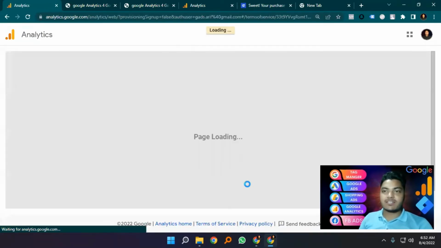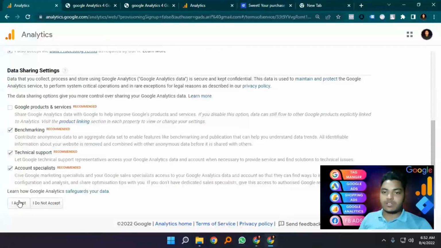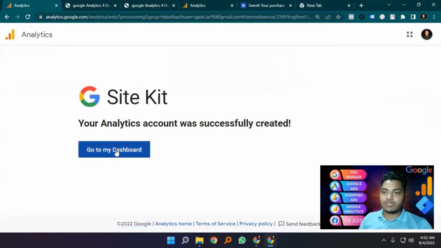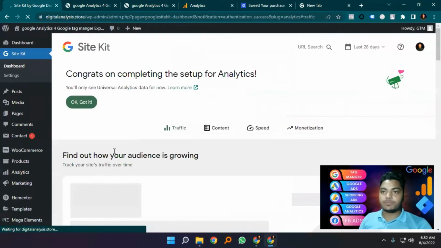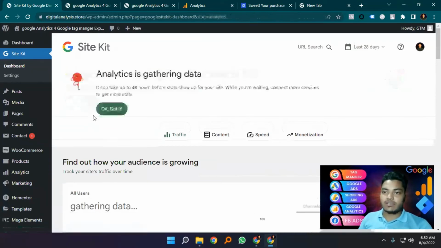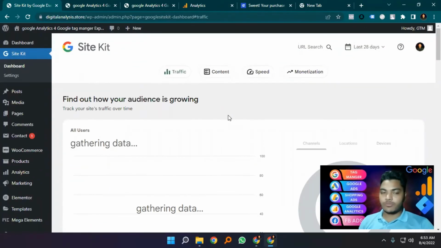So our analytics is successfully connected on our site. We need to accept some terms and conditions. I accept, and success. Go to my dashboard. So we have successfully connected Google Site Kit on our WordPress website. Got it. Congratulations on completing the Google Analytics setup. Okay, got it. Now we can gather data from here. So we have successfully set up Google Site Kit on our WordPress website and set up Google Analytics on our